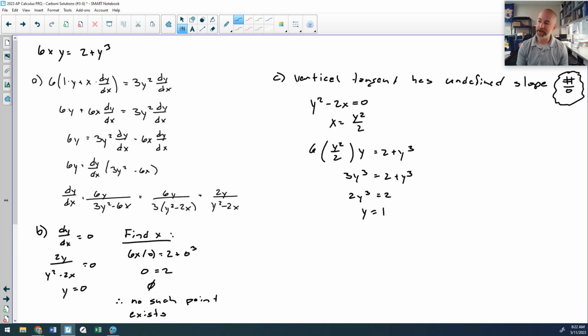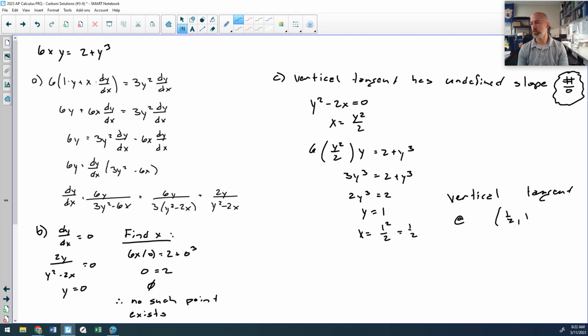Now I need to find the x that goes with that. I can either plug 1 in for y up here and solve for x, or I could plug 1 right here because I know that x is going to equal 1 squared over 2. So x equals 1 squared over 2, which is 1/2. Therefore, there's a vertical tangent at the point